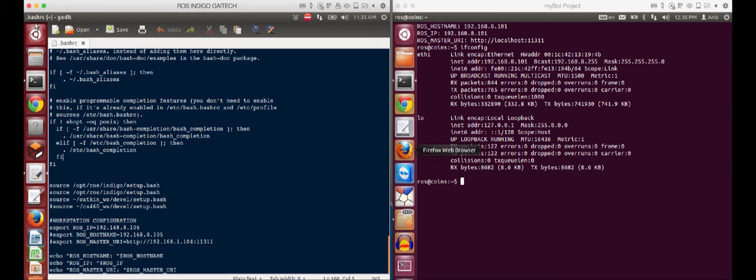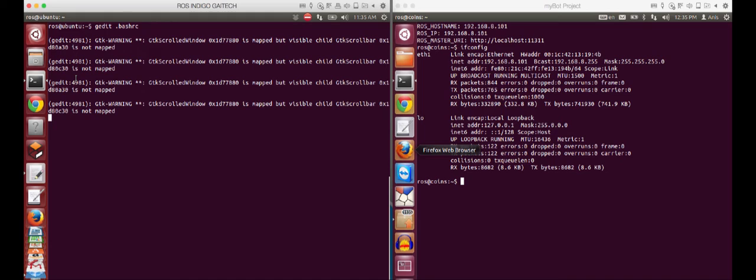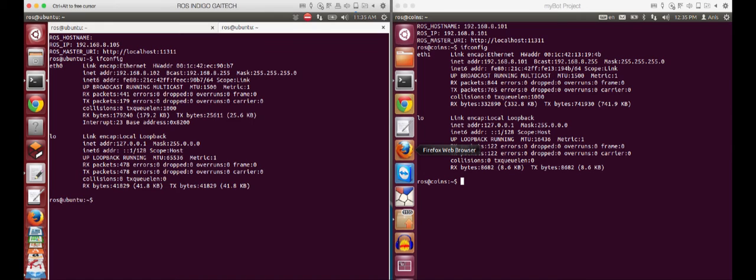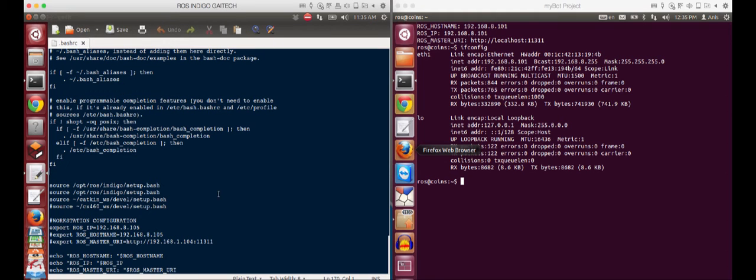We will do almost the same with the workstation. So first of all, we need to open another terminal and find the IP address. So here we can find the IP address is 102. I'm going to take this, and we do the same thing. We need to export ROS IP. So I'm going to export ROS IP to the correct IP address. So I need here to just change this value.